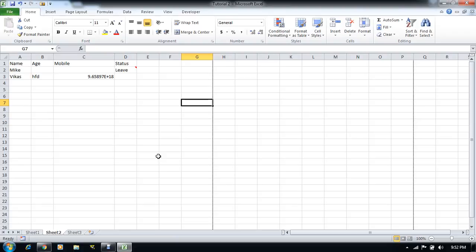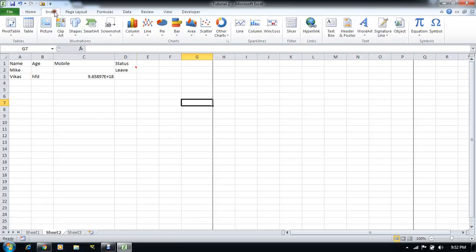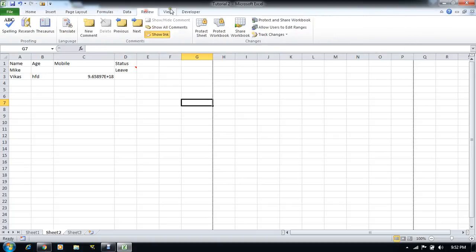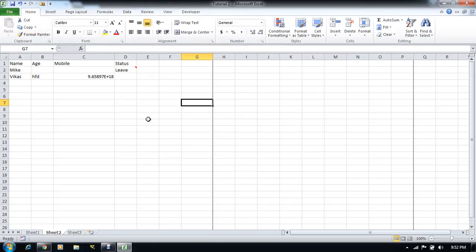You will have to use your mouse and hover your cursor here and there, and see menus here. And if you know the shortcuts, you can just press the keys, you will not have to go to your mouse.